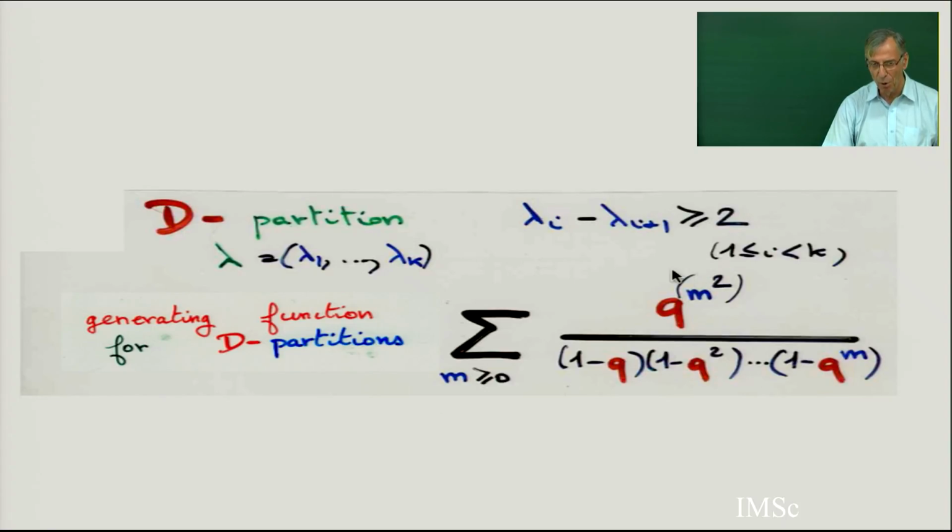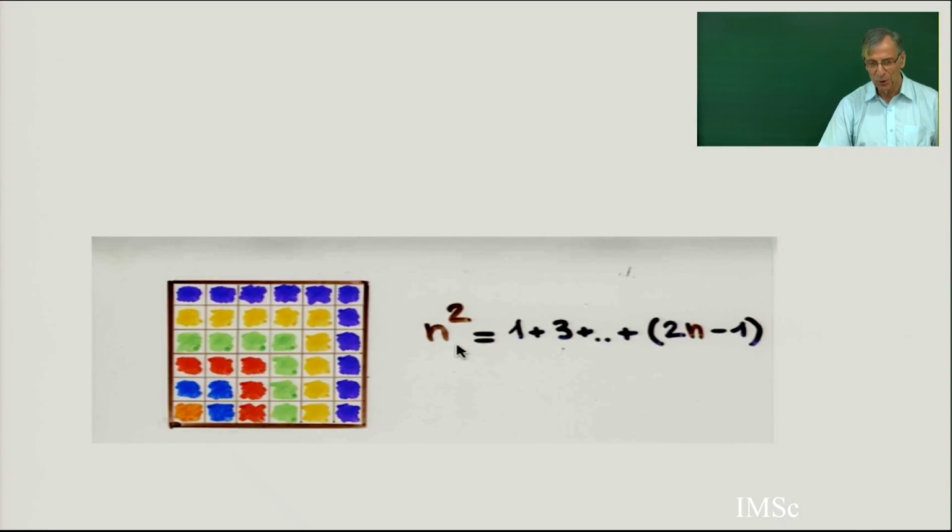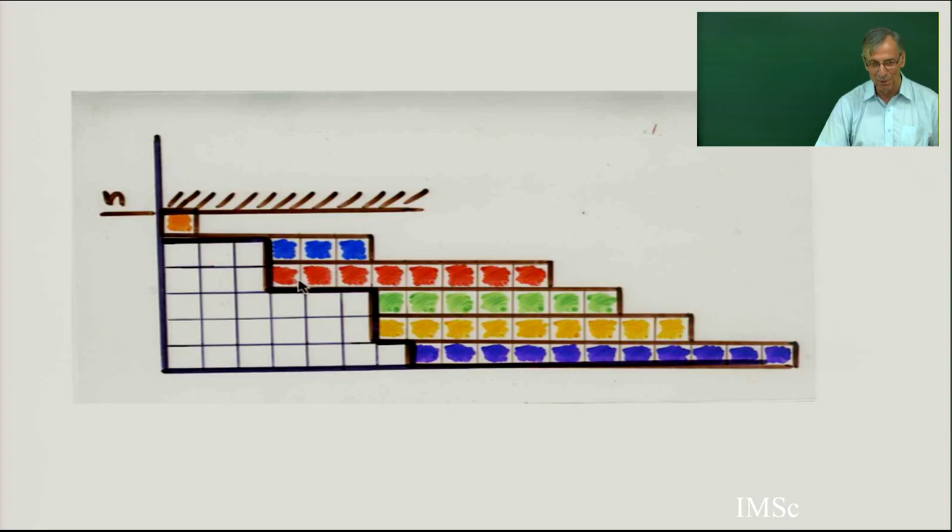So if you have 1 divided by this, this is a generating function for partition having at most n parts. If you multiply by this, it is going to be D partition with exactly n parts. And the bijection is this: take a partition with at most n parts. The Greek proof, a proof without words, is given by this identity, and then you put 1 plus 3, this would be 5. There is a mistake here. 1 plus 3 plus 5 plus 7. At each level, you add 1, 3, 5, 7, and then from a general partition, you get exactly a D partition. See, the difference is at least 2 between two consecutive parts.